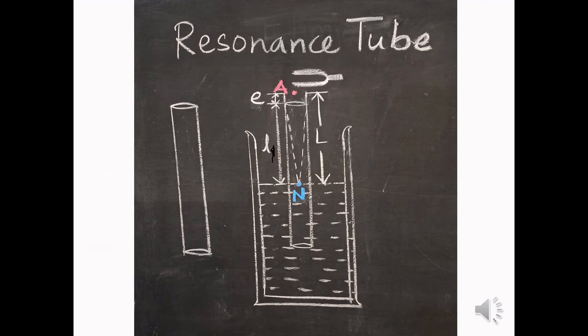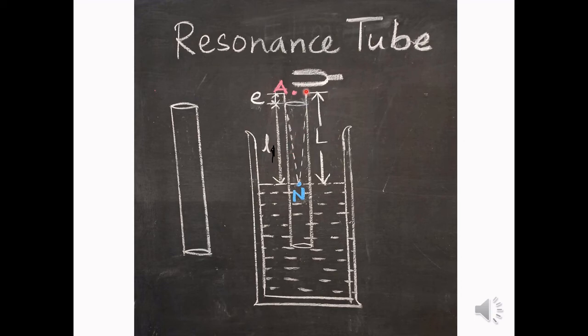Before discussing the elimination of end correction, let us get introduced with the resonance tube. Now, what is a resonance tube? The resonance tube consists of a long and uniform tube which is open at both the ends. Now, when this tube is immersed in water, water will rise through this open end and it will be closed at one end by water. So the part of the tube above the surface of water contains an air column. Now by raising or lowering the tube, the length of the air column inside the tube can be changed.